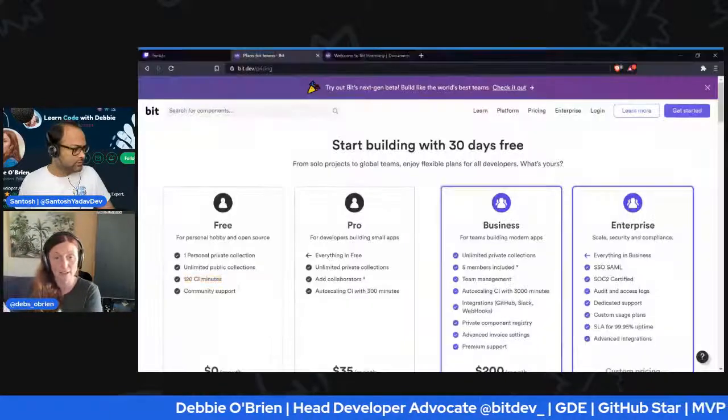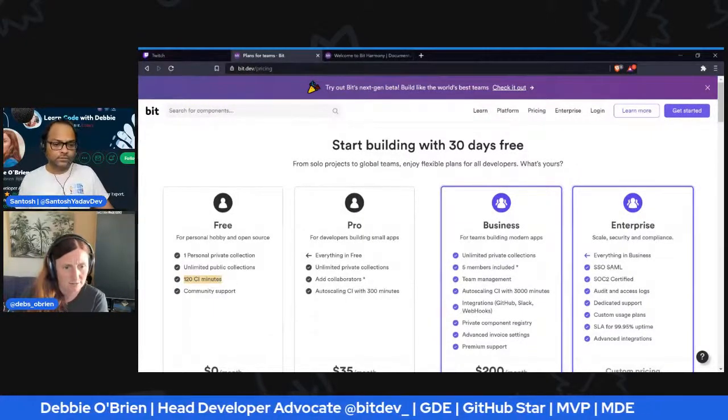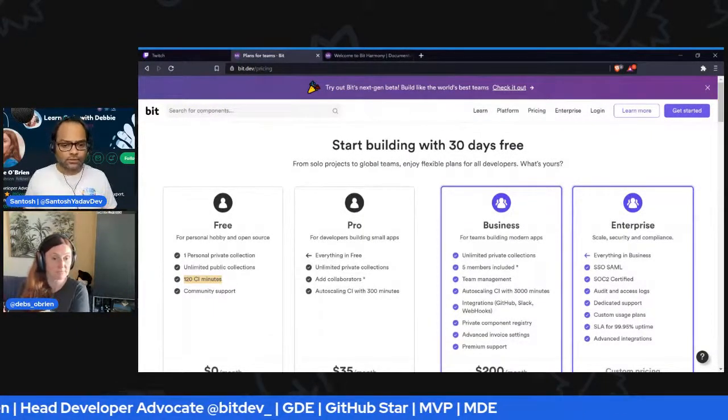Okay, because on this pricing tier, I can see for free you have 120 minutes of CI free. So I was thinking that probably Bit has its own infrastructure, and we need to actually build there. But you're saying we can put it. Absolutely no idea when it comes to that. I will ask on that, to be honest, because I just have everything through GitHub. I don't know how that works.